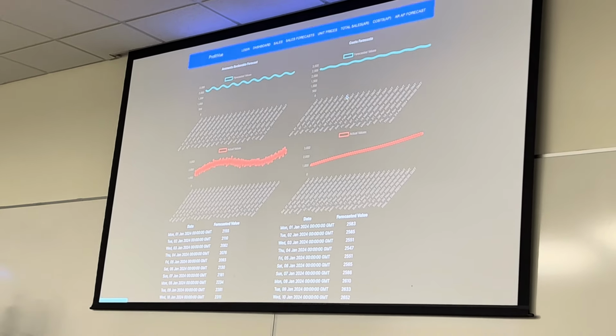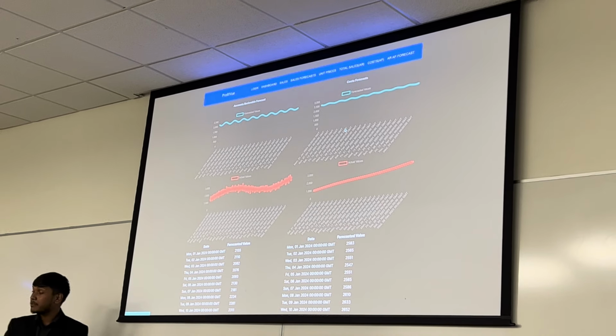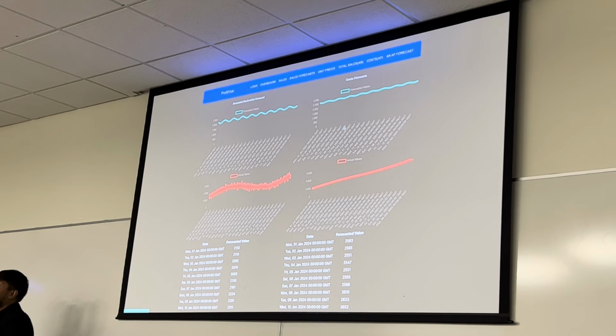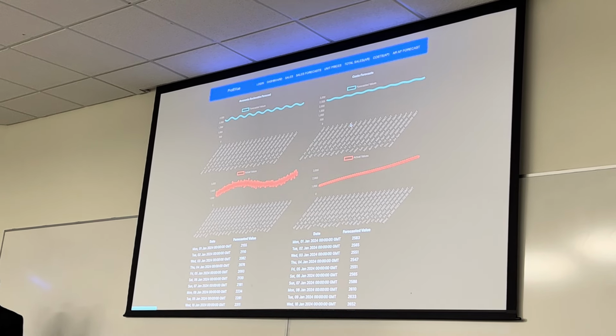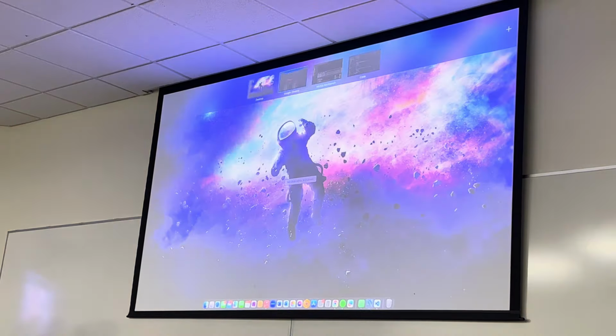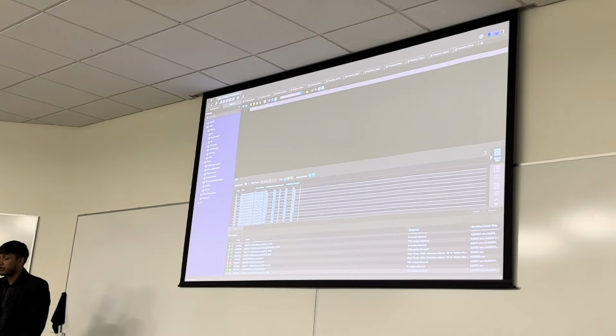And then you have the dashboard where you can get actual USD amounts, very visible to you, and then you can use those statistics to make decisions for your small businesses. Now let's go ahead and look at the code. At first, let's look at the database and how it's set up.